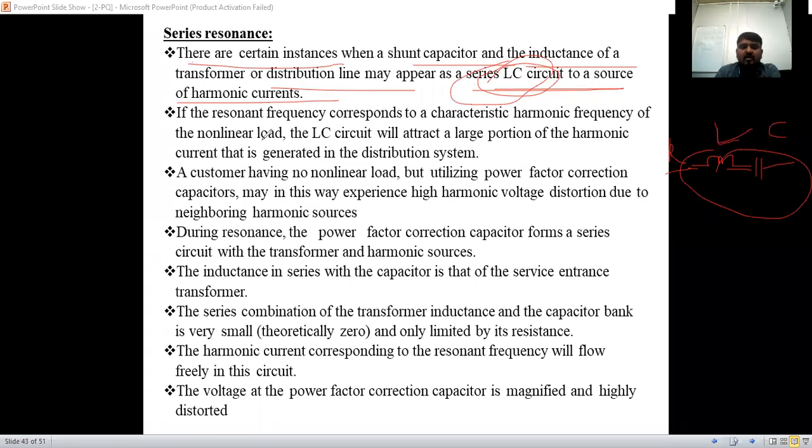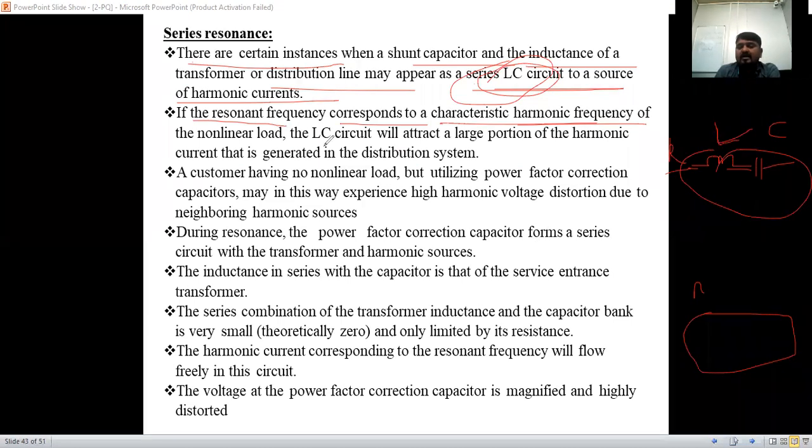If the resonant frequency, when XL equals XC, corresponds to a characteristic harmonic frequency, that is the harmonic frequency of the non-linear load, then